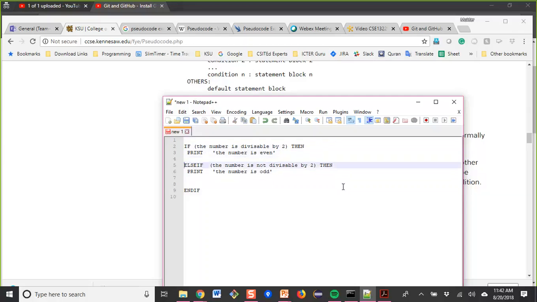So then I have two possible conditions here, IF and ENDIF. But in some cases you may face something that is not a number. So in that case you can put ELSE, for instance, that is not a number.